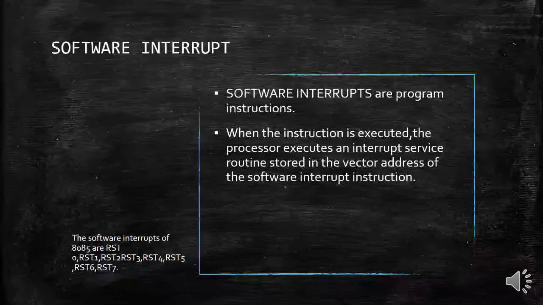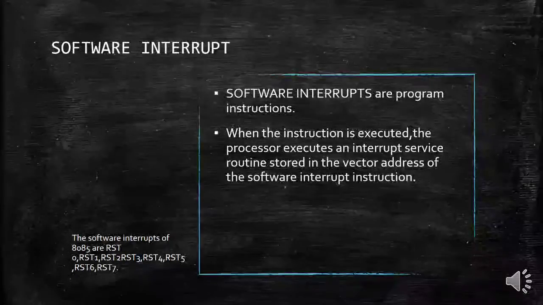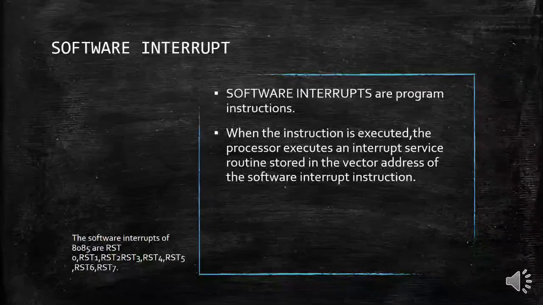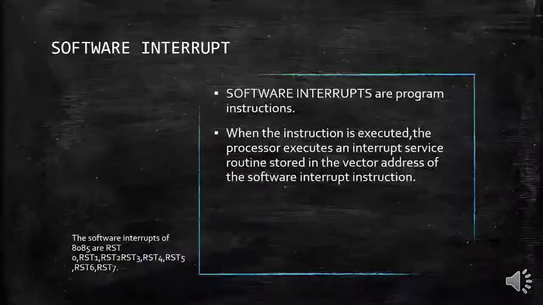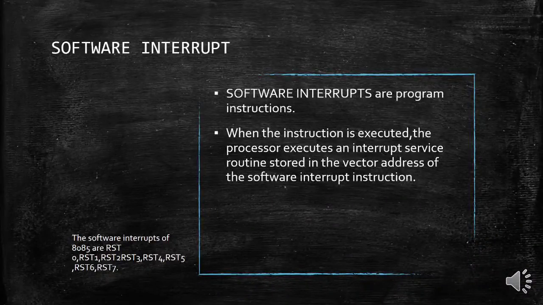There are 5 interrupt pins in the 8085 used for hardware interrupts, that is TRAP, RST 7.5, RST 6.5, RST 5.5 and INTR. The 8086 has 2 hardware interrupt pins, that is NMI, the non-maskable interrupt, and INTR, where INTR is a maskable interrupt having a lower priority. One more interrupt pin associated is INTA, called interrupt acknowledge.